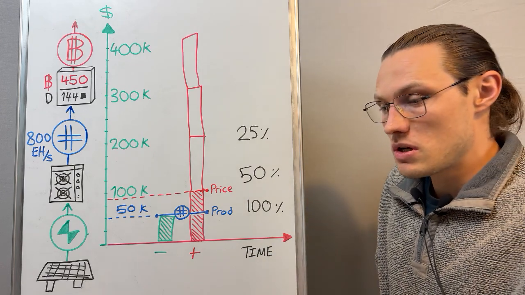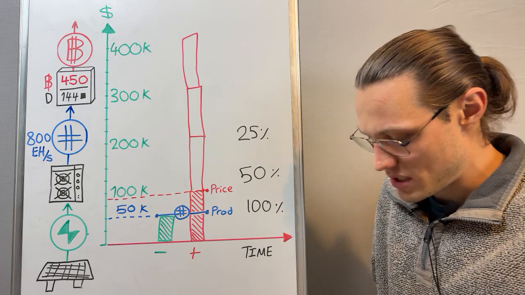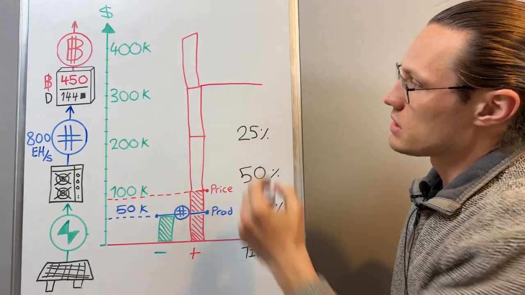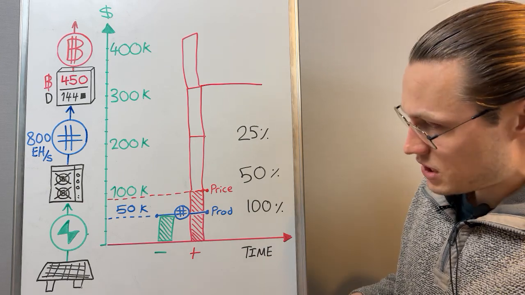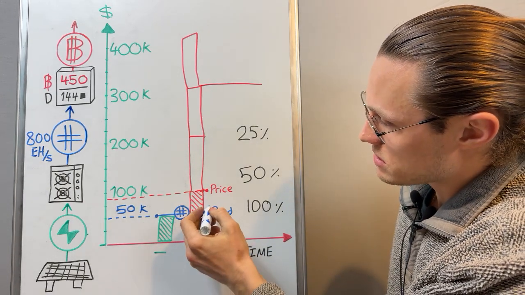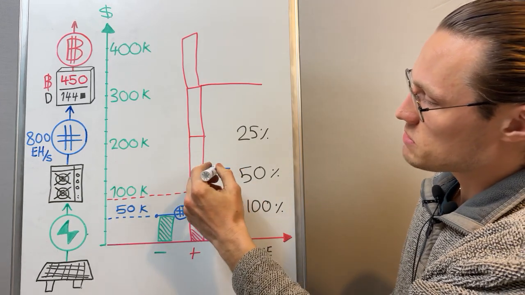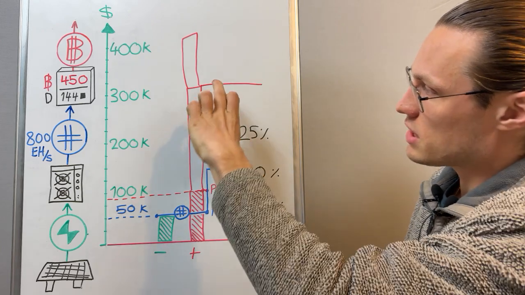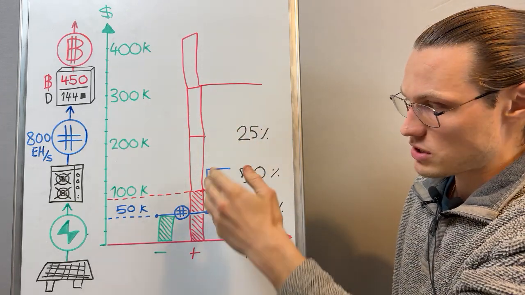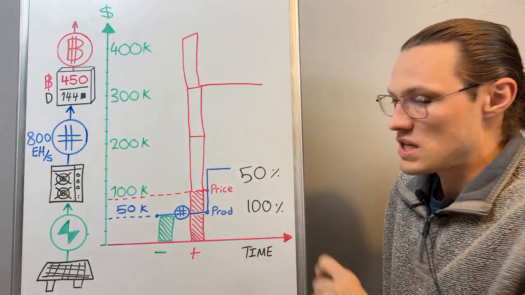I don't know, it's up to you, but I have an understanding and a fundamental knowledge of how low the Bitcoin price could go. But let's take this example. Let's say the price has shot up to 300,000 and production has raised up to, well, let's be nice, 150K, right? Well, now the percentage between the price-to-production premium is the percentage between the 150K production floor and the 300K, which brings us back to the 50%.